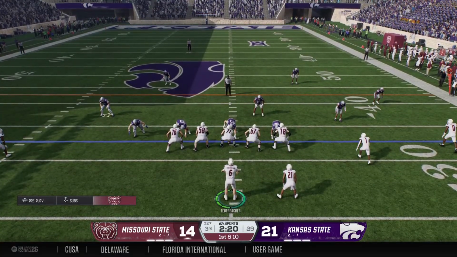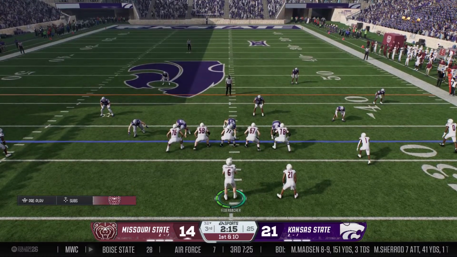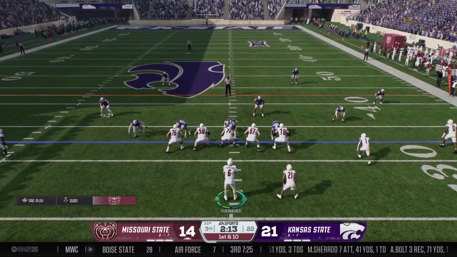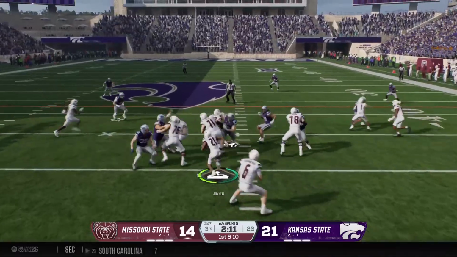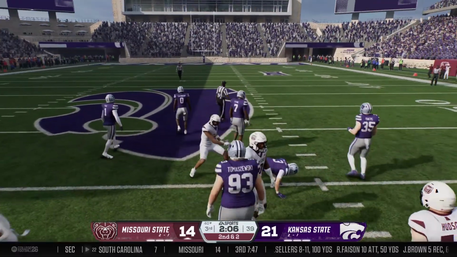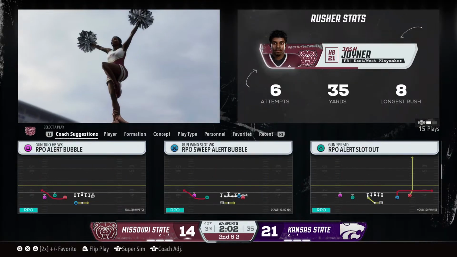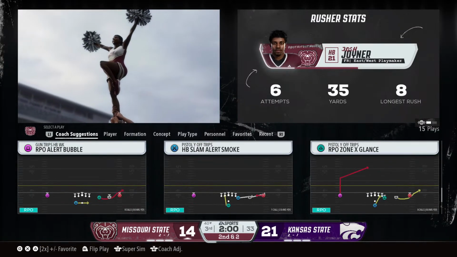Good job by the receiver there not to run into coverage, but to find a spot that the quarterback could throw him the ball. Yeah, on those types of routes, Reese, they say if you're looking, you're booking. So if that's man coverage, the receiver staring at the quarterback all the way across the field, that time the receiver didn't give the quarterback his eyes, so they were on the same page.